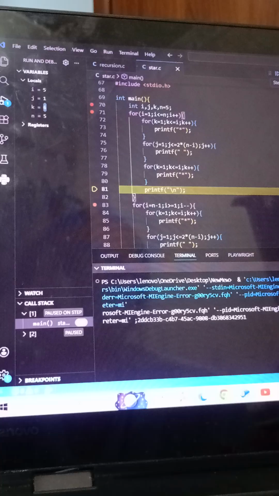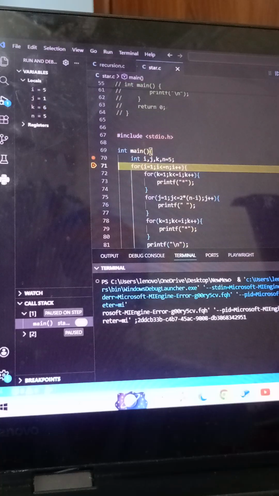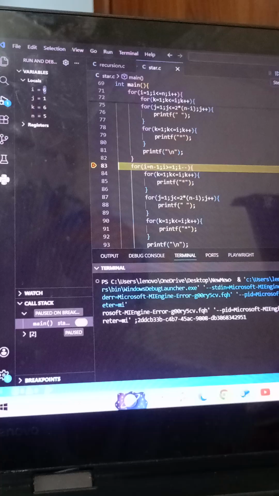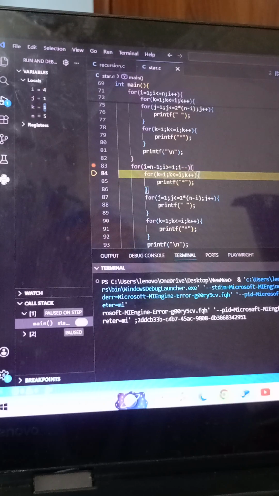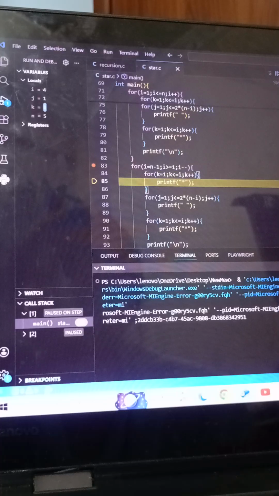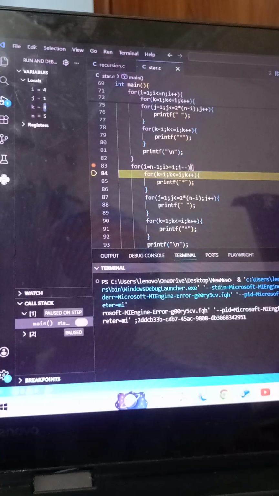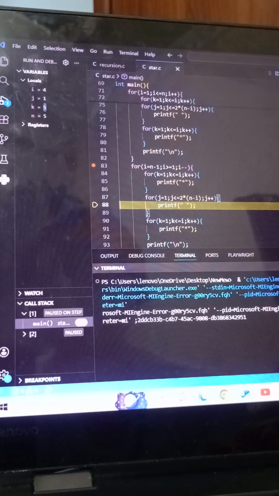Okay, it prints and it breaks the line. Again it goes to check if any other is left. If not, then it will go into the next part for the right star pattern for the butterfly. Okay, so it has the same conditions. It is going to check from the back, which is n minus 1, the last element. It is going to print from the last element. So due to that, it is not going to print our spaces because in the last element we don't have a space,